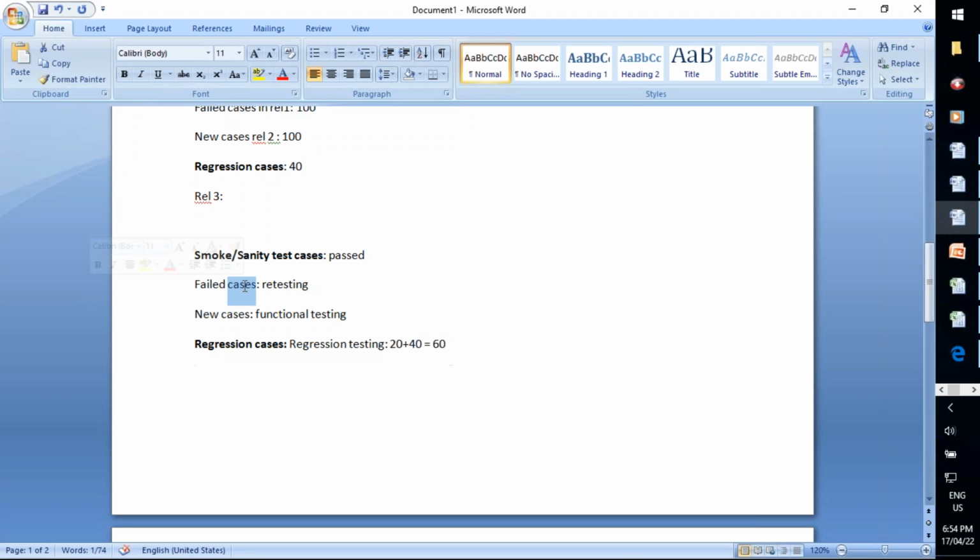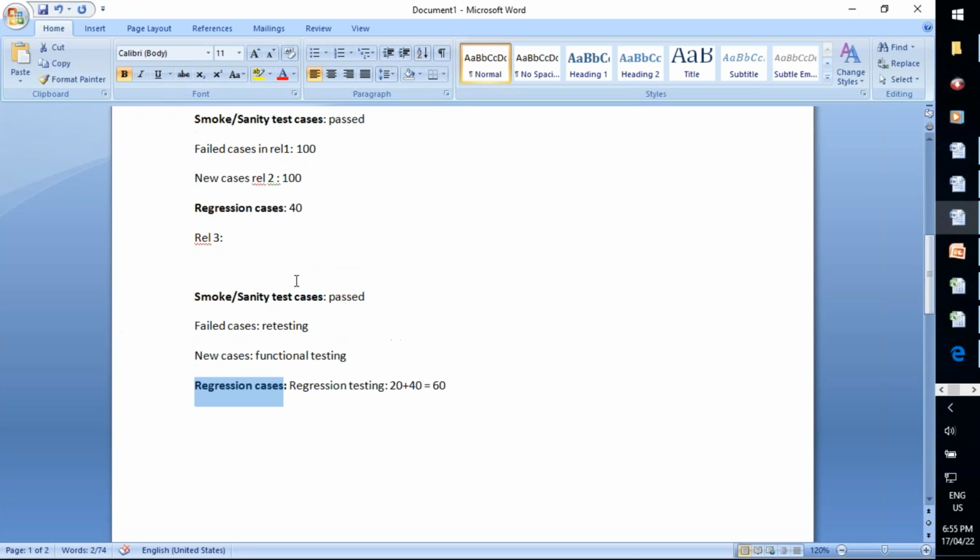And manual testers will concentrate on retesting of defects by executing failed cases and execution of new cases to test new functionalities in the current build or release. And automation testers will finish this smoke testing execution and regression test execution by using automation tool and automation scripts. If we execute smoke test cases and regression test cases by using an automation tool, it can be finished very quickly,